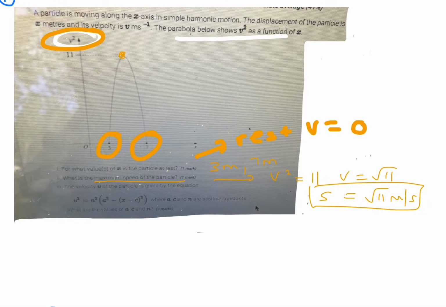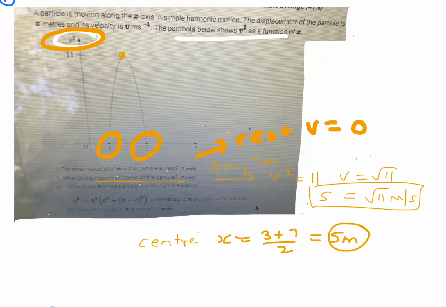Now v squared equals n squared times a squared minus x minus c squared. We need to find what a and c are. If the maximum speed is root 11, we know that it oscillates between 3 and 7 meters. That means the center of the particle's motion would be halfway between 3 and 7. So 3 plus 7 on 2, 3 plus 7 is 10, so that would be 5